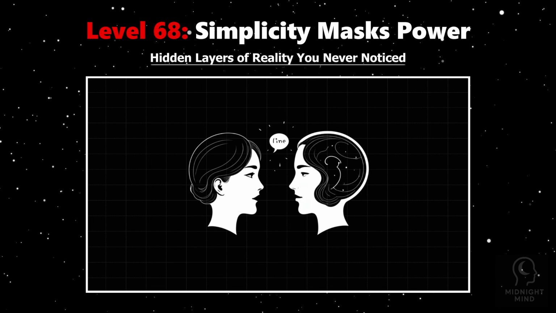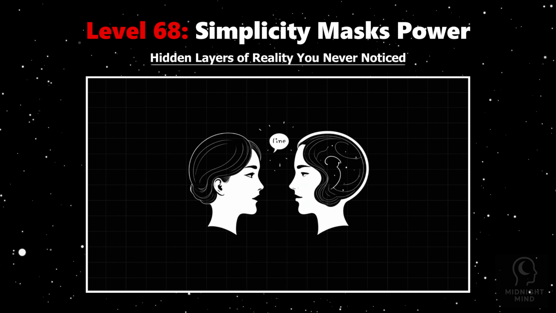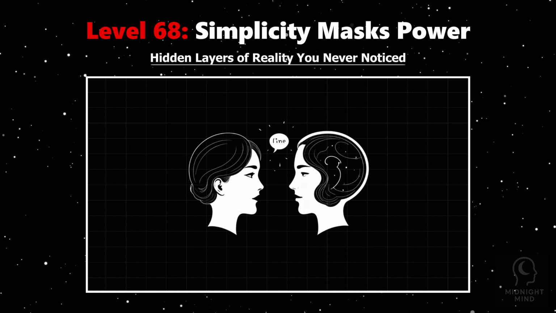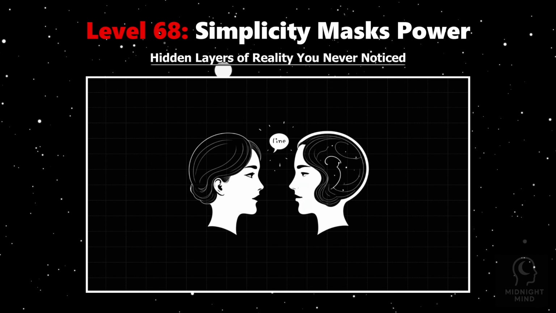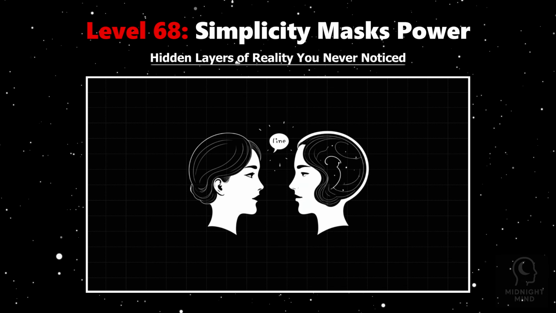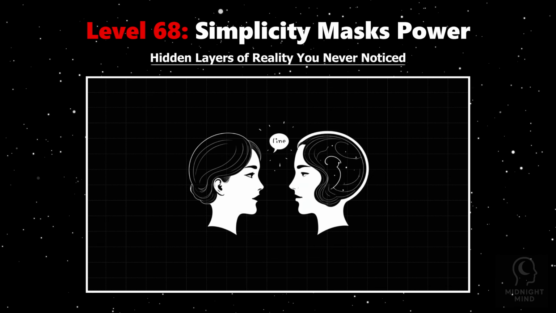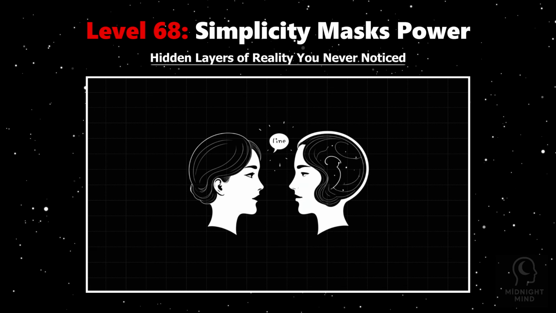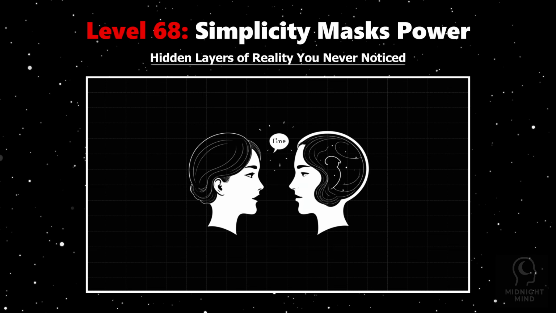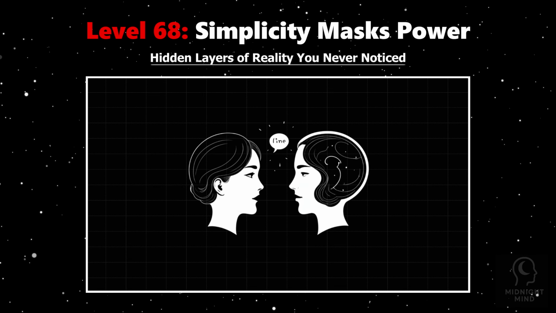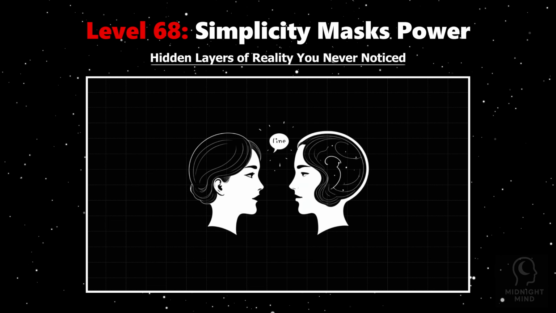reveal. Neuroscience shows that the brain often uses such simplicity as a defense mechanism, compressing overwhelming feelings into brief, socially acceptable responses. This creates a tension where what's unsaid carries more weight than what's spoken. These phrases can hold entire worlds of fear, sadness, or doubt, shaping relationships and internal experiences far beyond their apparent calm. Understanding this power helps us listen more deeply, to recognize that silence or simplicity often hides the most intense emotional struggles, reminding us that beneath stillness, storms quietly rage.